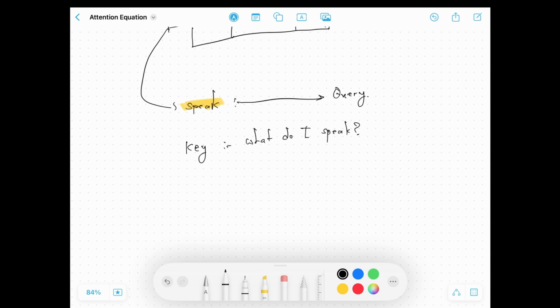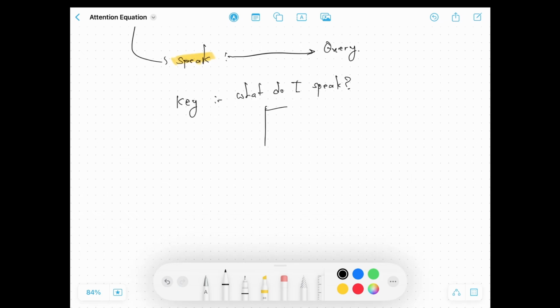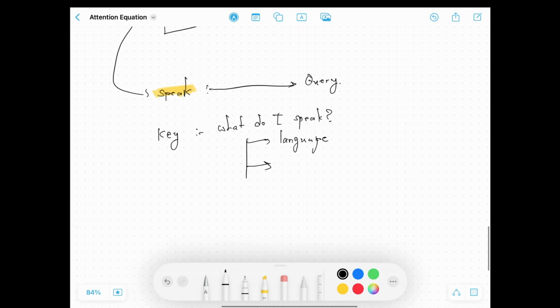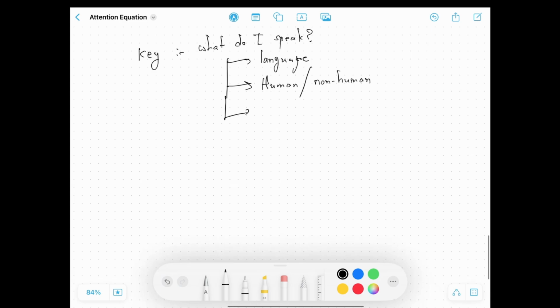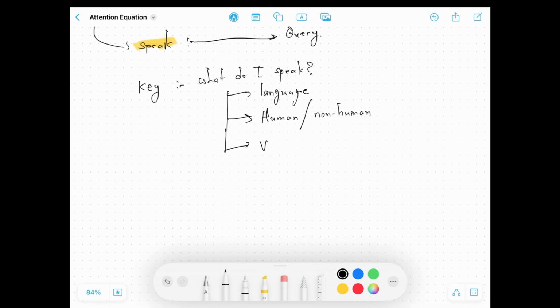So what type of things people speak? For example, they can speak a language. Also, there could be something as I speak if it's a human or non-human. So based on that, I will be considering if it's a language or not. Or maybe I speak, but I speak as in speak is a verb